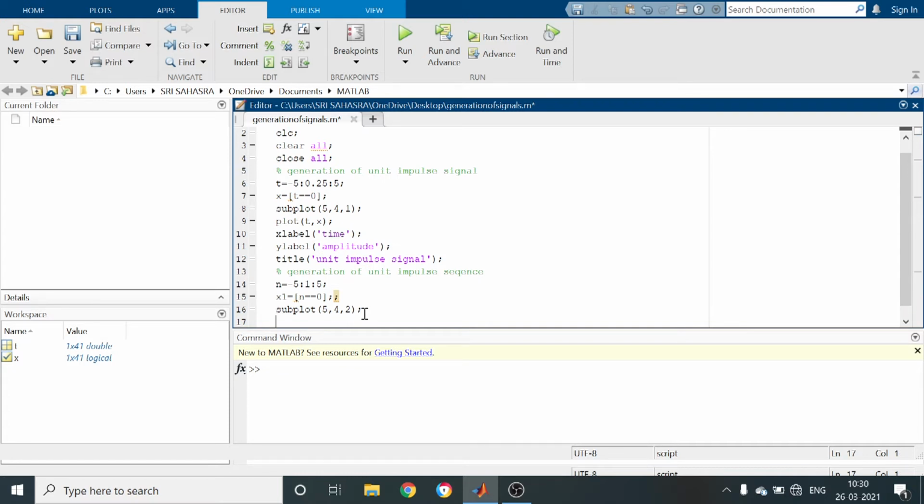Next, in order to display a discrete time signal, we have to use the command stem instead of plot. Stem again x comma y. Here in x place we have n, whereas in y place we have x1, the amplitude of the unit impulse signal.